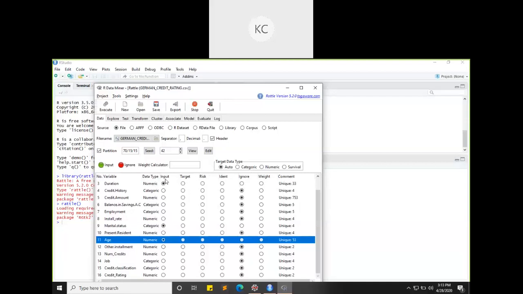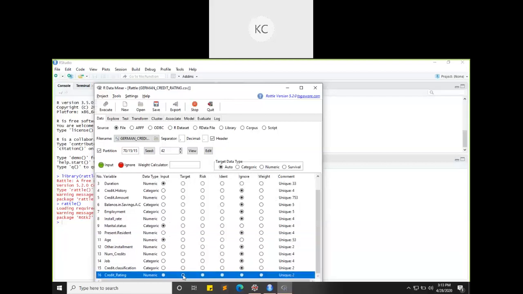Input means these variables will be used as input for model development. Target is the output variable. So I have set duration, marital status and age as my input, and credit rating as my output, and then I gave execute. These three variables are set as input and one as output.